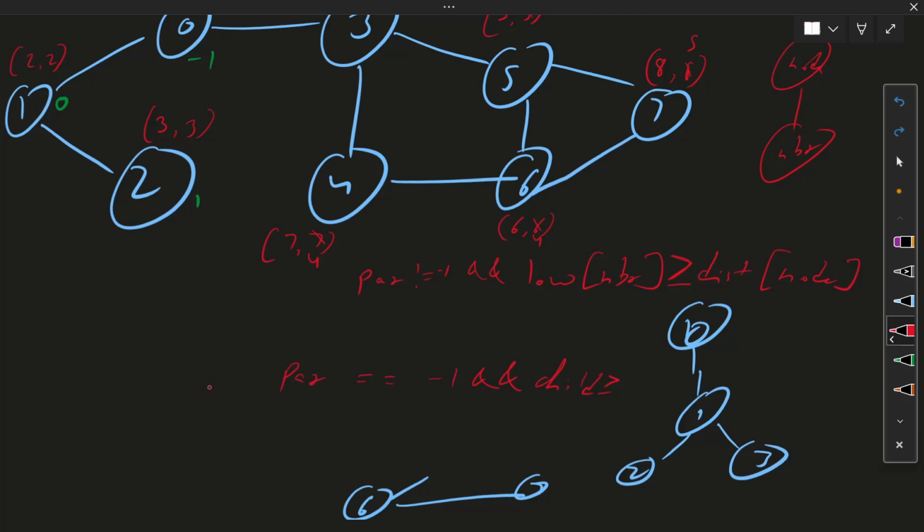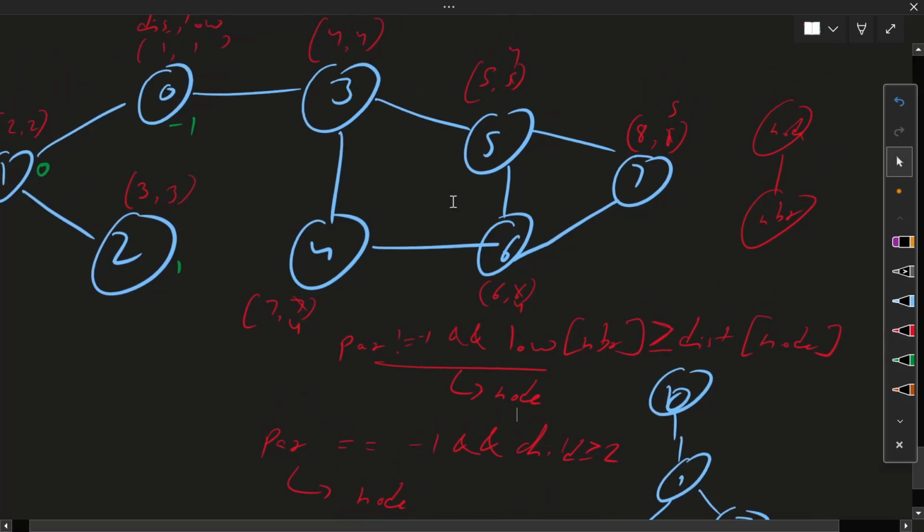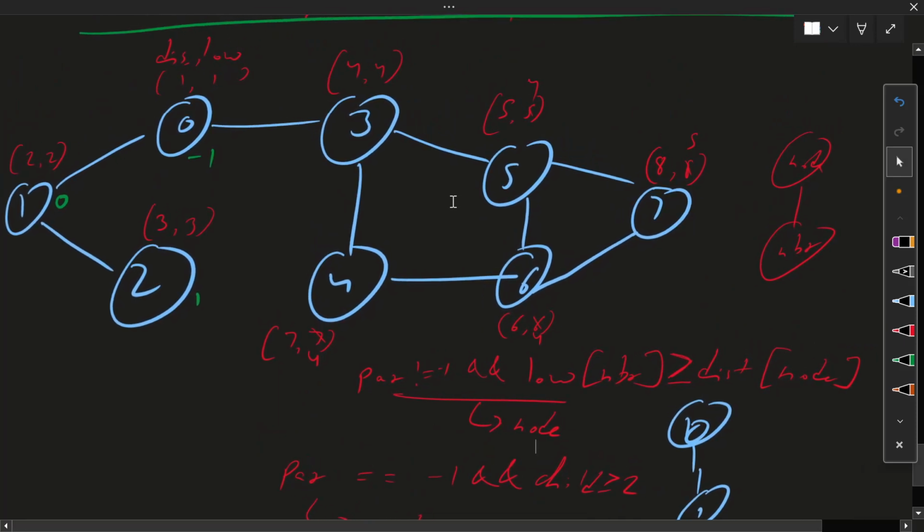Then my node is a critical node, and this is for all the other nodes. That's the only thing that we need to check. Then we can easily solve our question.